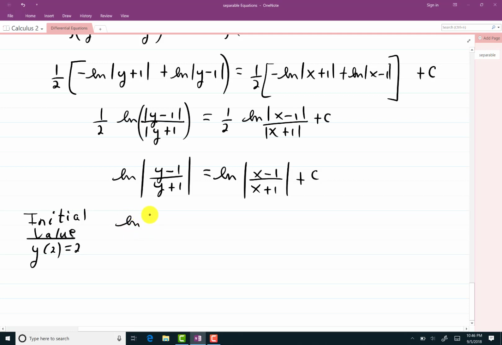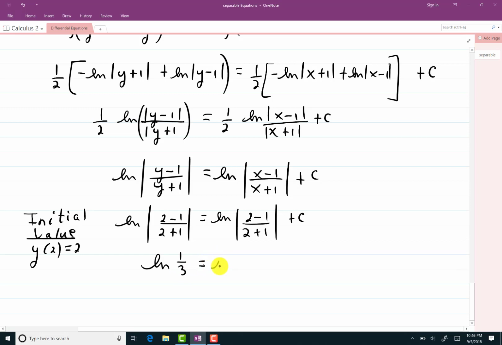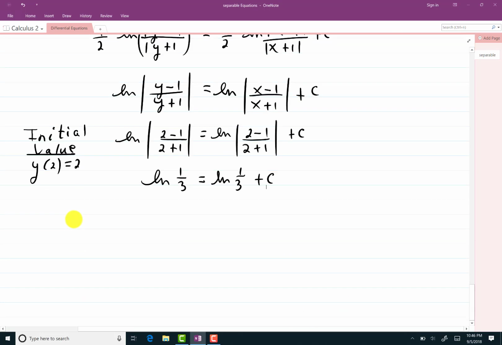So natural log absolute value of 2 minus 1 divided by 2 plus 1 equals natural log of 2 minus 1 over 2 plus 1 plus a constant. On the left, I get the natural log of 1/3. On the right, I get the natural log of 1/3 plus a constant. Subtract the natural log of 1/3 off, and we'll see that 0 is equal to c. So there is no constant here. So my answer